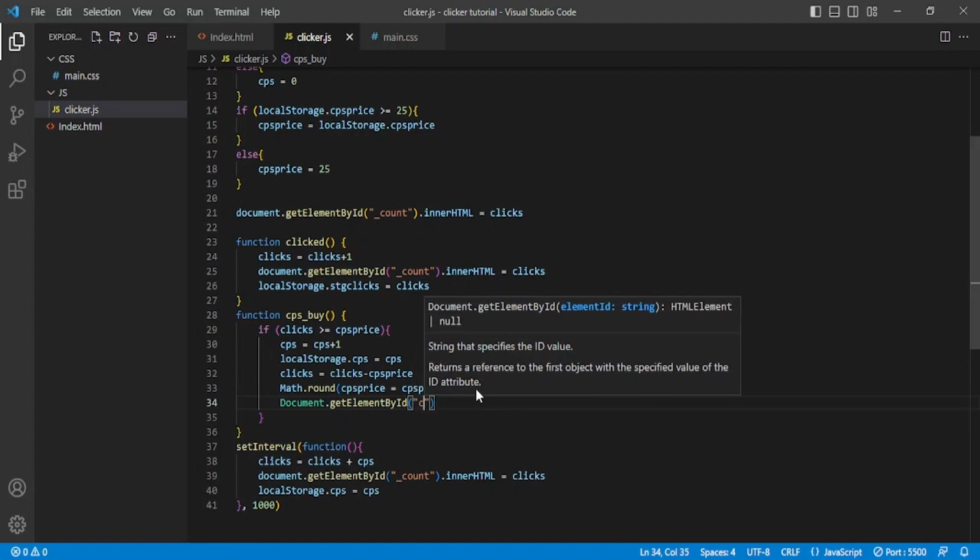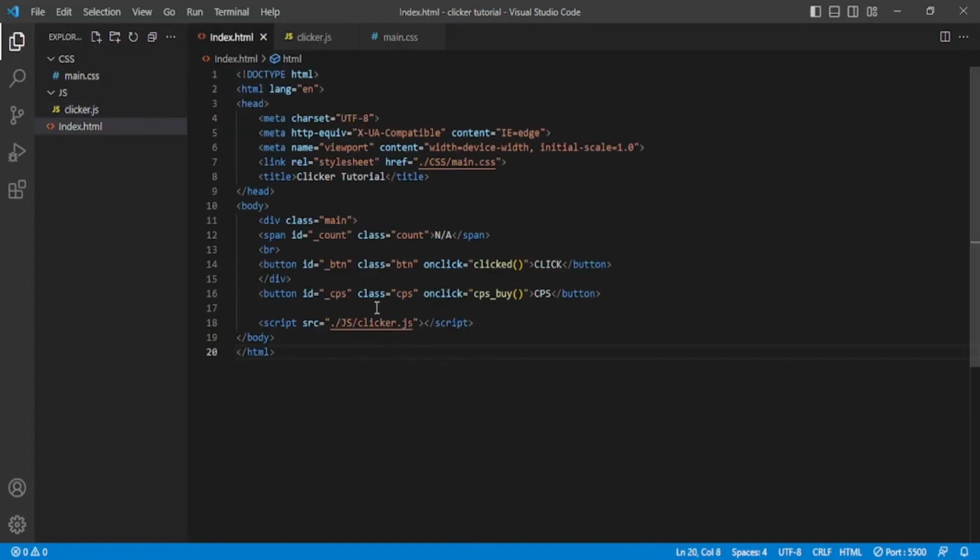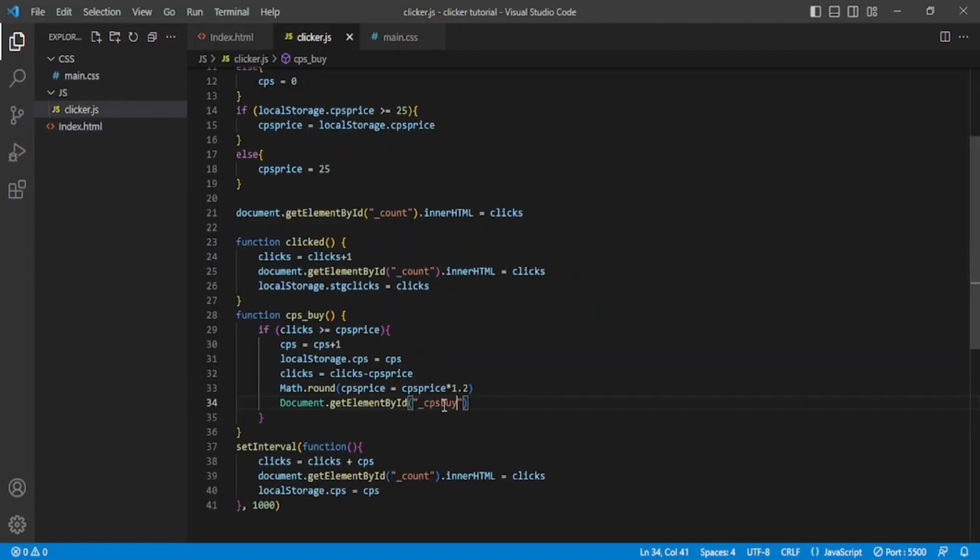Let's just do CPSy, I think that's what I named it. And no, there's no By. Dot innerHTML is